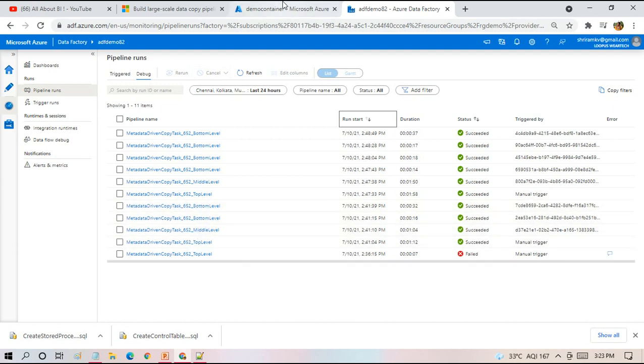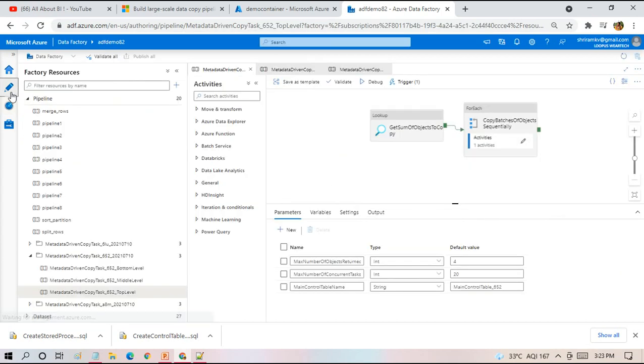Okay, so this is what I wanted to cover in this session. It might have been a bit long, I'm sorry for that. I just wanted to show you the basics of it so that you can try it if you have any scenario where you have to load lots and lots of tables in one shot with minimum coding. Okay, so literally the video might have taken a longer time, but if you want to try hands-on, it will take less than 10 minutes as they claim.